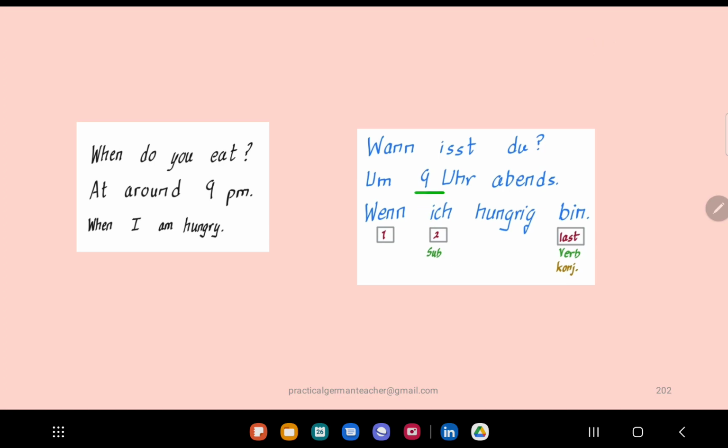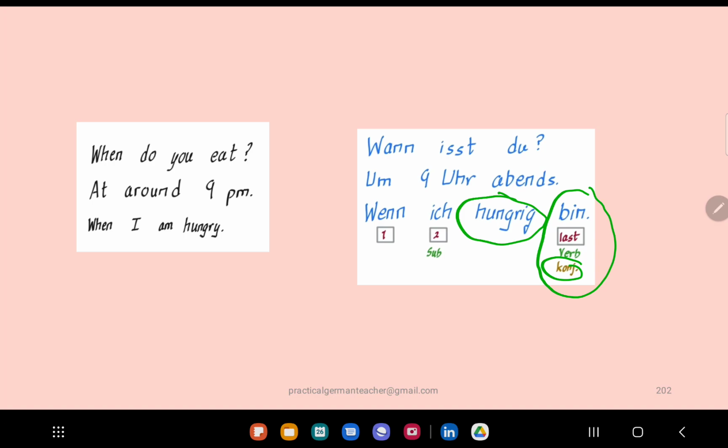Now, the first one is a time. The second one, you're giving a condition. So wenn ich hungrig bin. You already know this. When you use wenn, immediately after wenn you will have the subject. Normally, in the second position we have the verb, and usually the subject is at the first position, or then you can have other things, right? But when you use wenn, after wenn at the first position, the second position is taken by the subject, then the verb goes to the very last position. Okay, so the verb goes to the very last position, and of course the verb will be conjugated, and here you can have an adjective or adverb, or it can be an object.